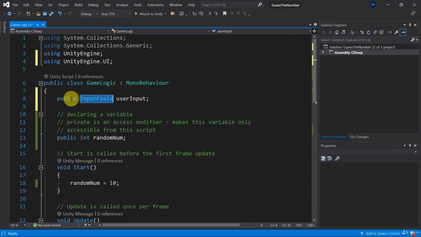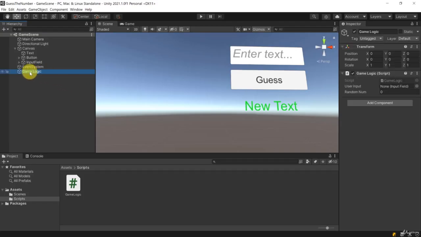And you might recall if we make a variable public, it will be visible inside of Unity, as we had with our public int randomNum. So let's save our script and let's go back to Unity. And now let's go over to our GameLogic, which holds our script, as you might recall, because we called that script also GameLogic, right? And we created this game object, which now holds our script. And on the right-hand side, you can now see that there is not only our randomNum, but also our userInput. Okay, so let's drag our input field in there,